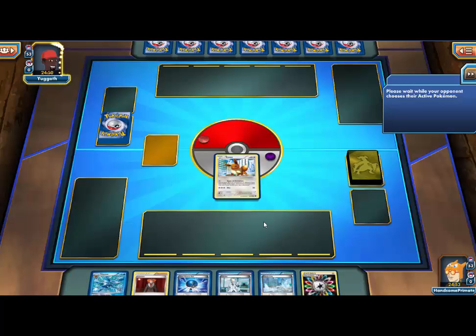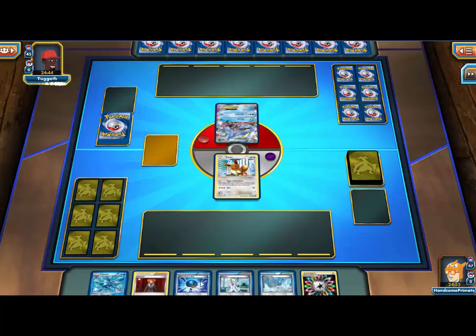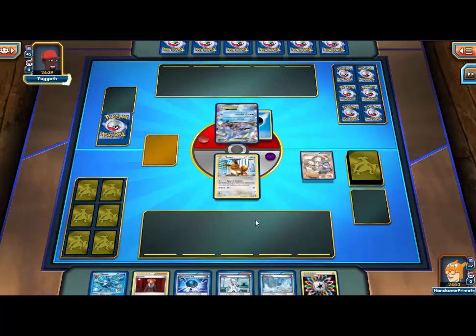Okay, starting with an Eevee, but we do have a Glaceon in hand, so that's not horrible. We can do our Frozen City. I think we're probably just going to Plasma Fall for a Lugia and attach to that, and then hopefully Colress sometime next turn. Okay, and if he has something weak on the bench, we're probably just going to Lysander that